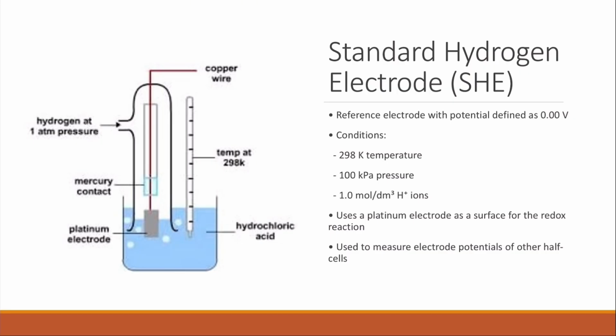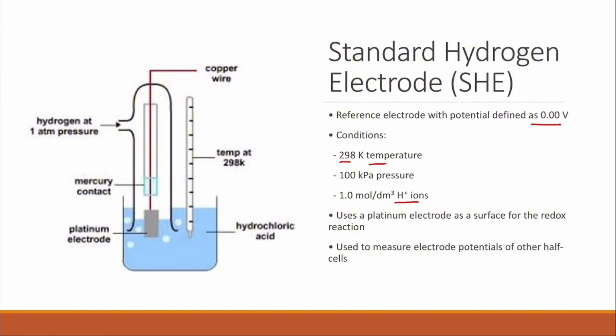So we have a reference electrode with a potential defined as zero. This is the standard hydrogen electrode. Because it's a standard, we have to have standard conditions, because the different conditions can affect the standard potential that we calculate. So the conditions here are 298 Kelvin as temperature, 100 kilopascal pressure, and 1 mole per decimeter cubed for the